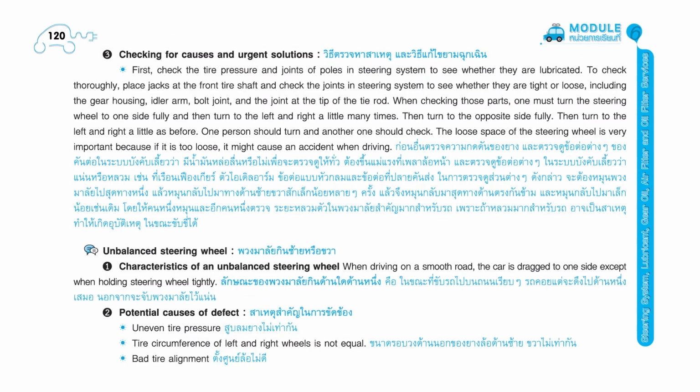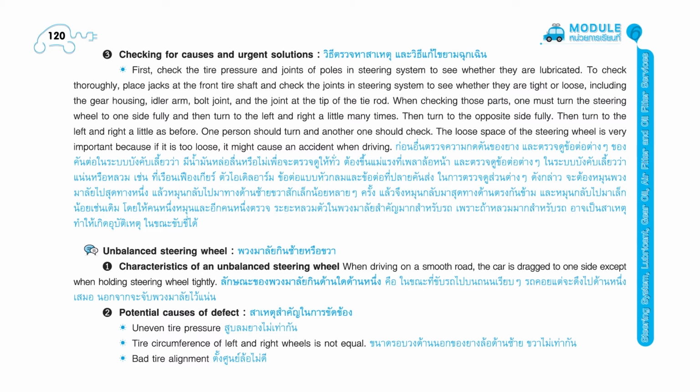Page 120. 3. Checking for causes and urgent solutions. First, check the tire pressure and joints of poles in steering system to see whether they are lubricated. To check thoroughly, place jacks at the front tire shaft and check the joints in the steering system to see whether they are tight or loose, including the gear housing, idler arm, bolt joint, and the joint at the tip